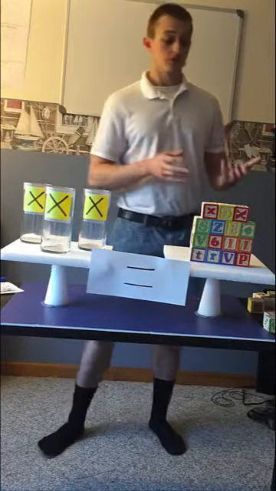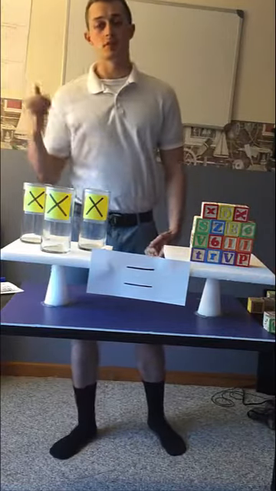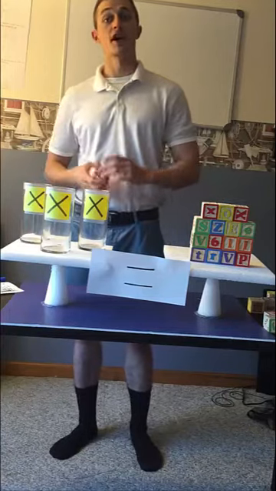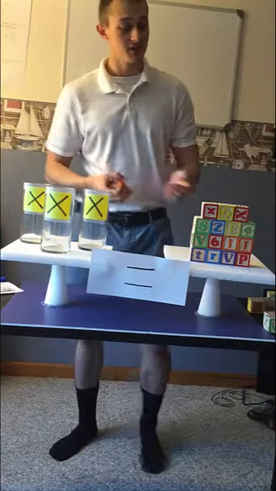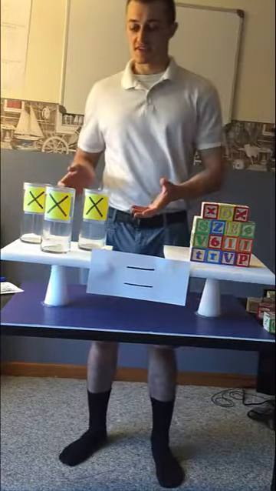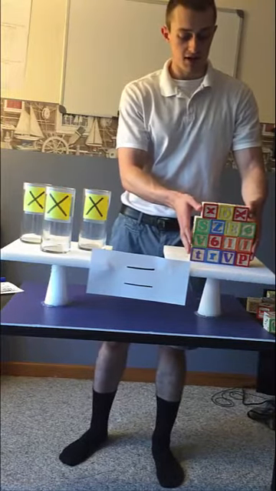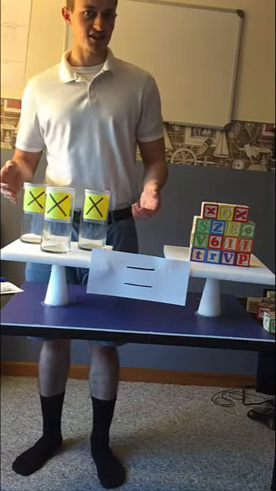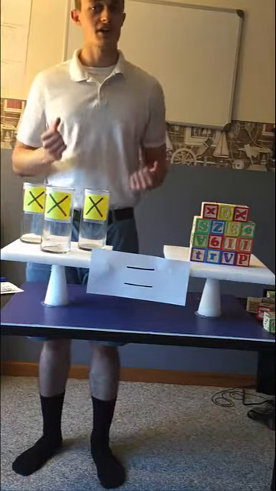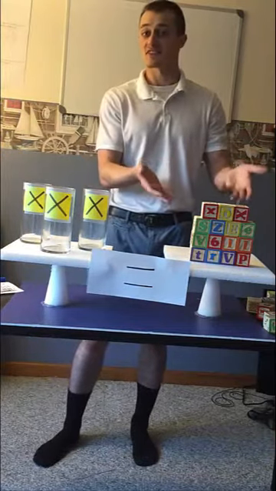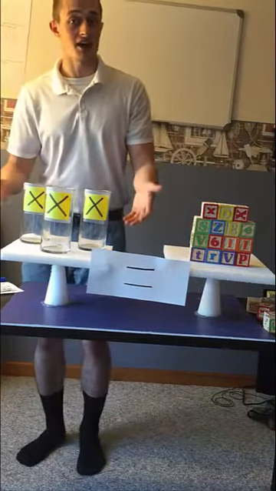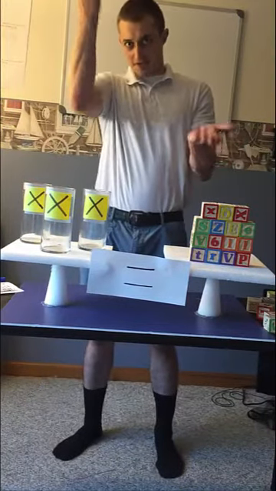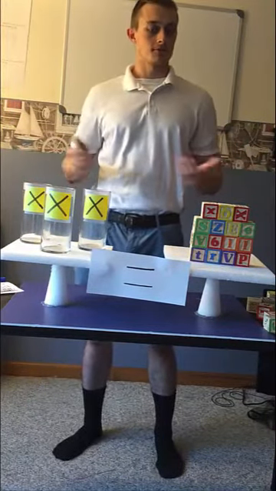Okay, so if you answered that we need 15 blocks on this side of the scale to make sure that they're in balance with one another, you are absolutely correct. Remember, if we're going to balance the scale, we have 15 blocks on this side, so we are going to need 15 blocks on this side too. Otherwise, they're going to be out of balance. If I have 15 blocks on this side, but only 14 blocks on this side, then this side is going to go down, and this one's going to go up, and they're not going to be in balance with one another.